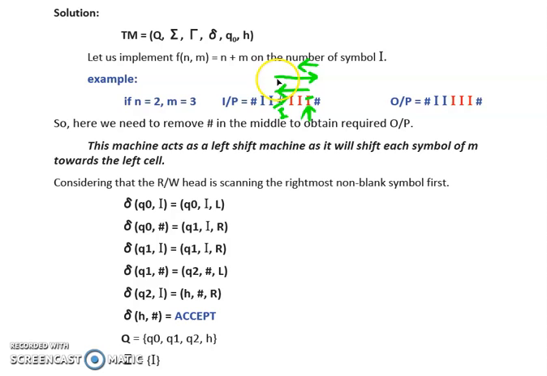Now the read write head will start moving to the right direction. So we have chosen the direction as the right direction. Now while moving to the right direction and we are on the state Q1, all the I in the path till we reach the hash will be treated in a similar manner. That means there will be a loop over here. So we are treating all the I's in the same manner and all the I's will be replaced by I itself. So we are on the state Q1.